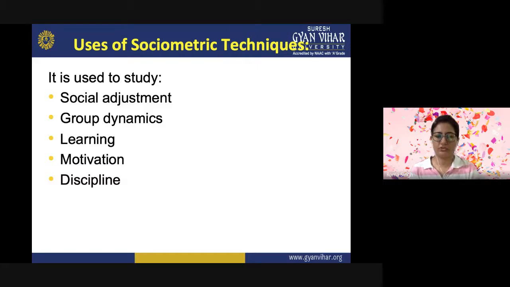So the sociometric questionnaires and interviews are employed in securing information from each person about the other members of the group with whom they would like to or would not like to engage in a particular type of interaction, as also their thoughts about this interaction. And there may be various kinds of questions which need to be prepared by the teachers while asking them.